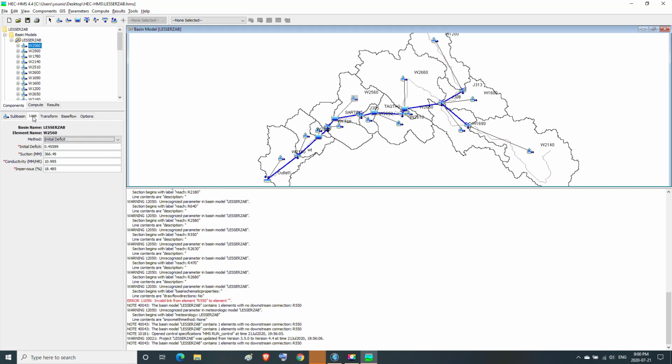Then we go to the loss menu and in it we find all the values that were calculated in advance by HEC-GeoHMS in ArcMap.